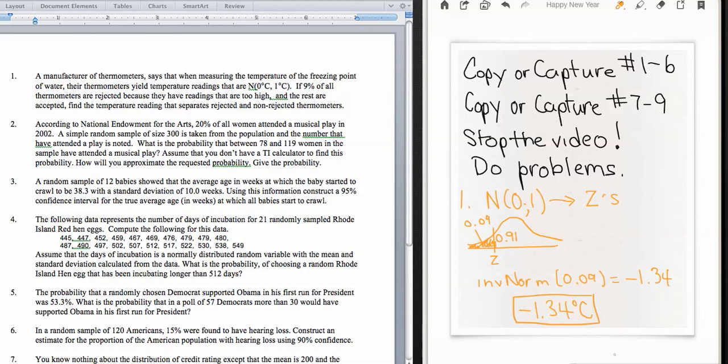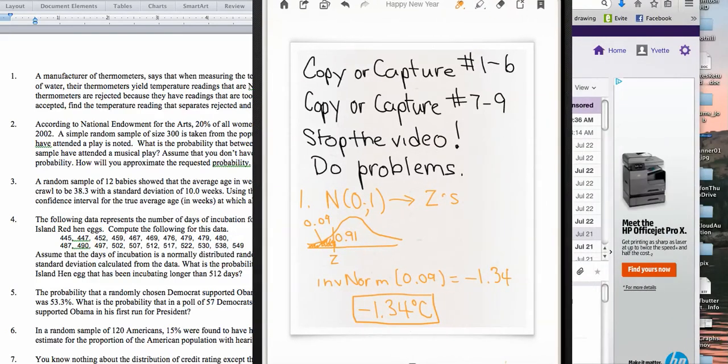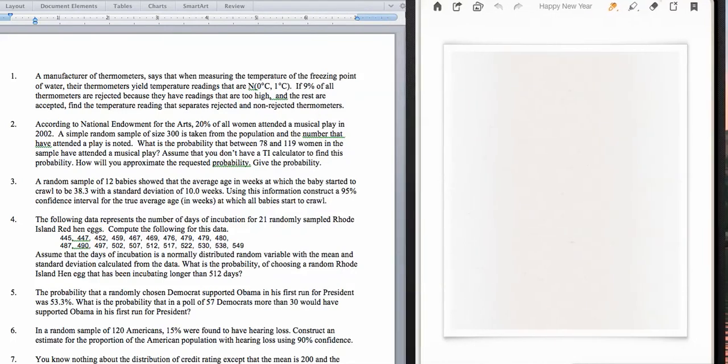All right, now moving on to my next question. I'm going to go ahead, oops, I have to move this over because I cannot change the page. I'm going to go ahead and do problem number 2. So problem number 2, I'm looking at,